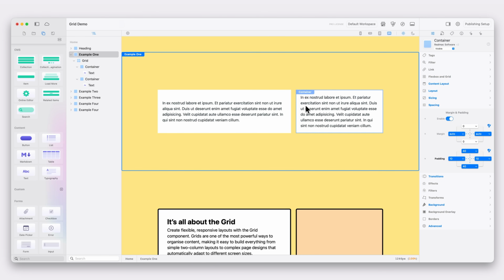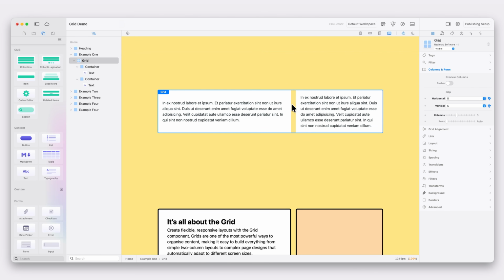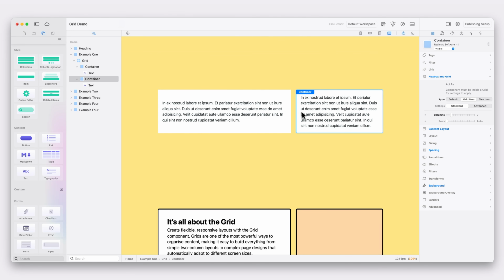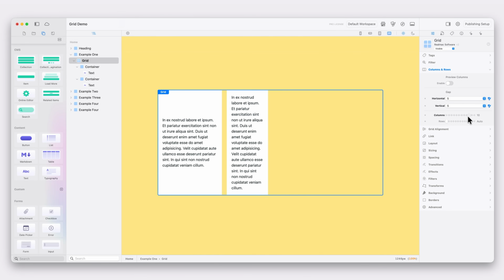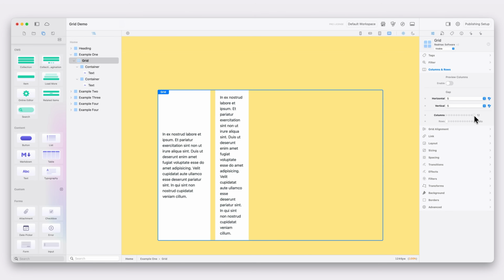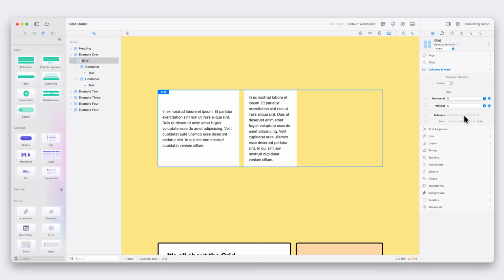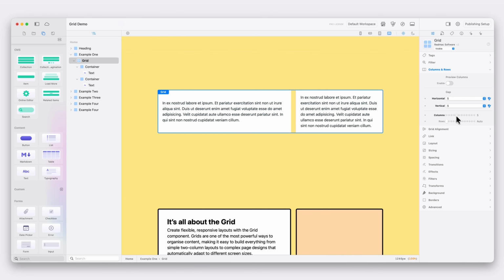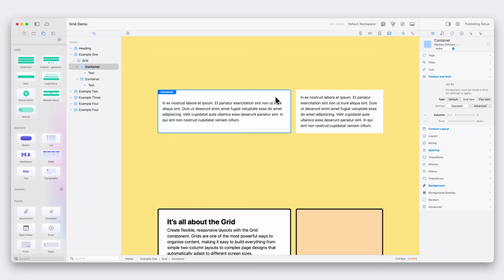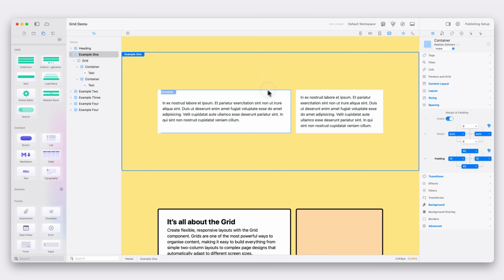And now this is looking a bit nicer, and it matches this one here. So I could increase this all the way up to 12 and have even finer grain control. And this is great, especially if you want to add more items. So at the moment, the columns are set to 5. Then we've got 3 columns here and 2 columns there, and they equal 5, and that's why it fills the